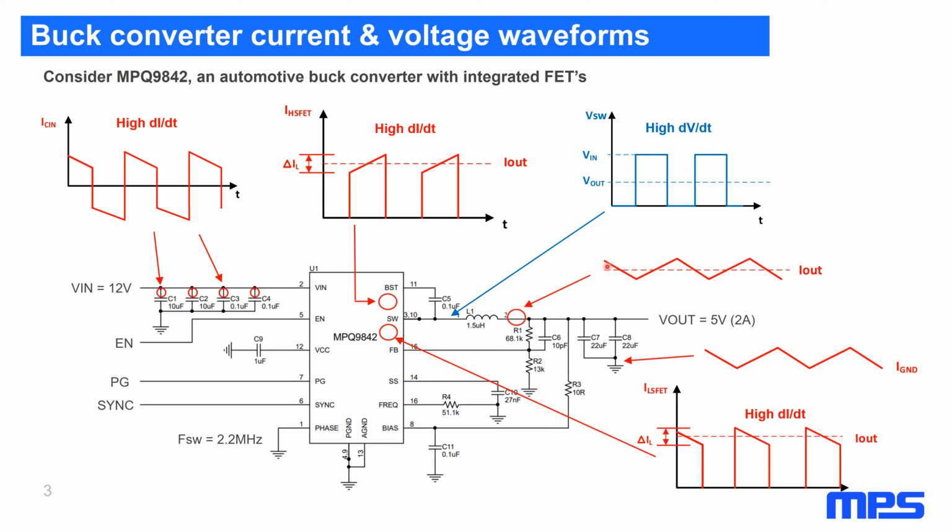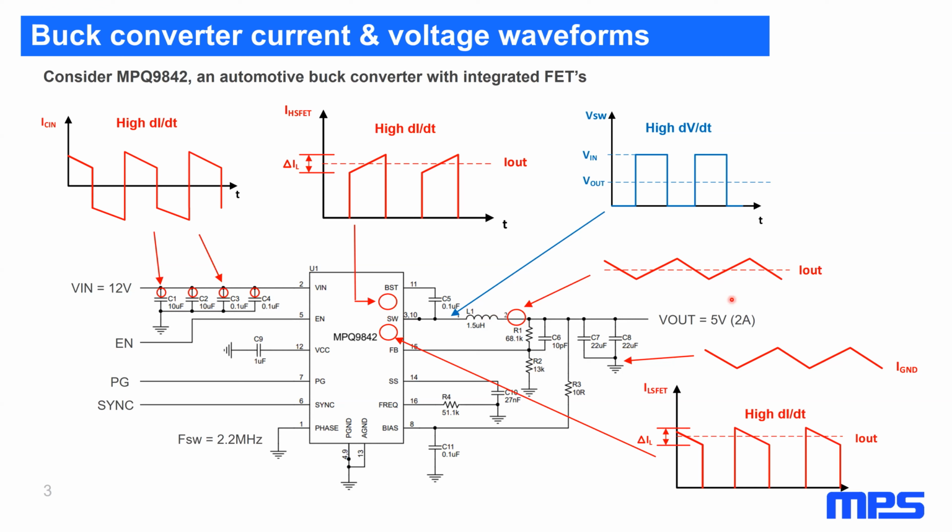This is our typical ripple current that has a fundamental frequency determined by the switching frequency. So in this case, it would be 2.2 megahertz. And what we see here with these large peaks is not super high di/dt, but there's still a lot of energy in this waveform because it's a lot of current being switched and it's going through a magnetic component. So it's definitely providing a strong magnetic field, even at the lower frequency, or particularly at the lower frequencies where